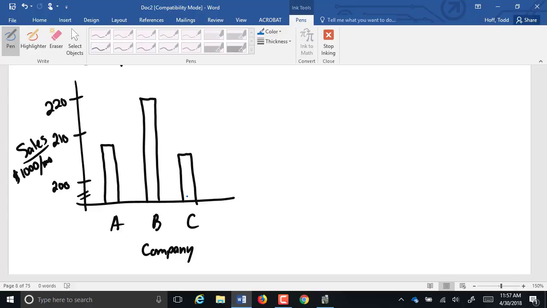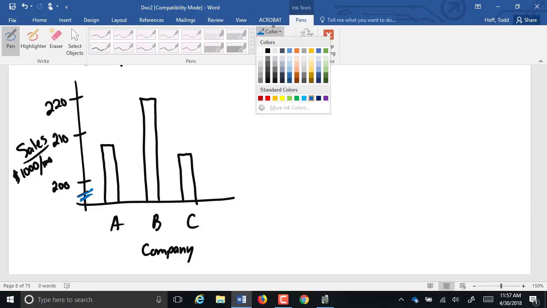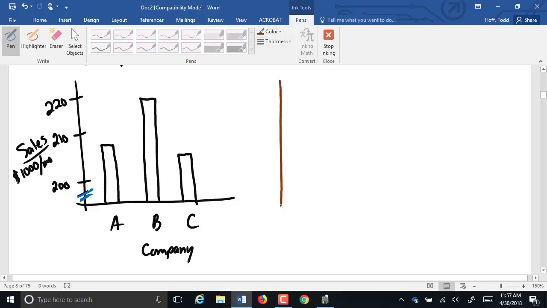But if you look at the numbers here, you realize this little symbol here means that there's a break in the scale, that we didn't start at 0 and number continuously on up through. Now, there are good reasons why we would do that, but here you can see it can be very deceptive. So when reading a bar graph, you have to be careful. This looks like B is much larger than the others, but if I drew it without that break in the scale,